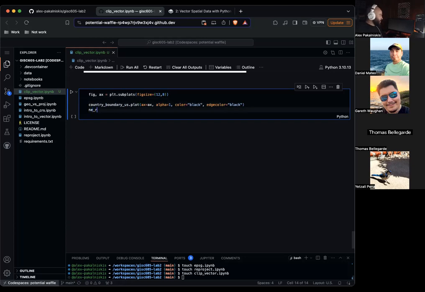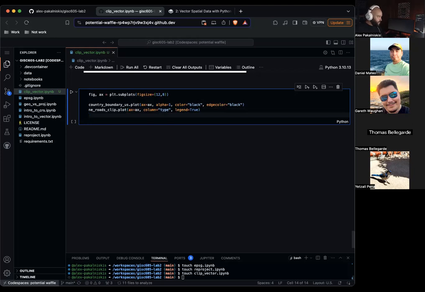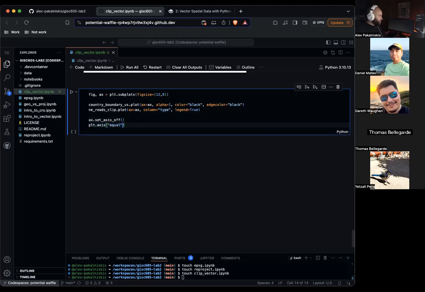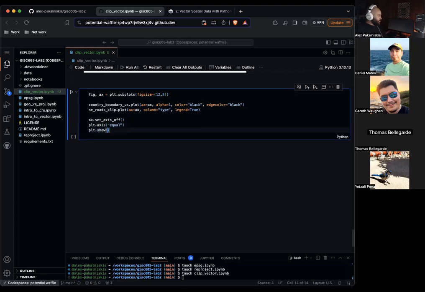Now let's do any roads clip plot ax equals ax, column equals type, legend equals true, ax dot set axis off, plt dot axis equal, plt dot show.